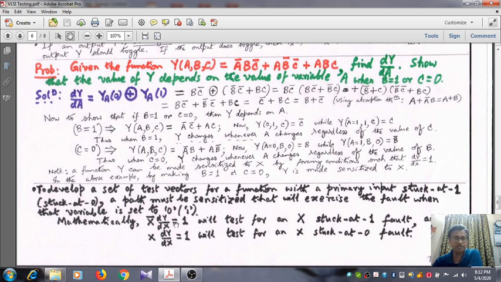So dy dx should be 1 so that output is sensitized to x, and x bar should be true. X bar should be true means x equal to 0. That means you have to set the variable to 0 in order that you can test for stuck at 1 fault for that variable. Correspondingly, for the stuck at 0 fault for this variable, the variable should be set to 1. Again, you understand from the physics, from the physical occurrence,